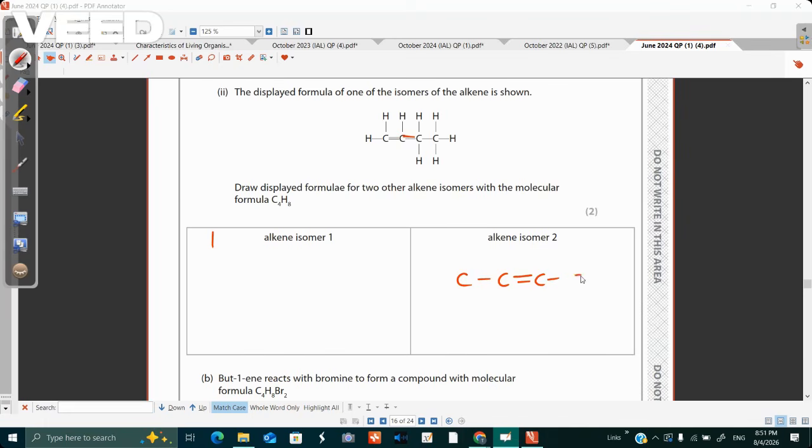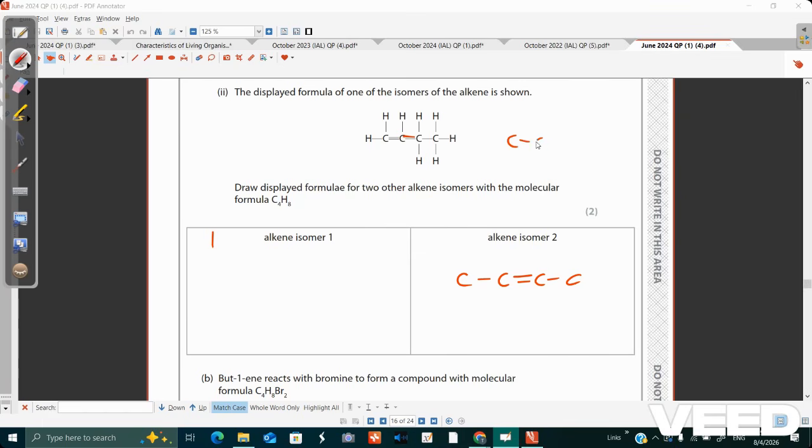You can complete the rest. So this is how you start sketching the diagrams. Always start with the carbon skeleton and then complete the four bonds, adding hydrogens and completing the diagram. And the other one is